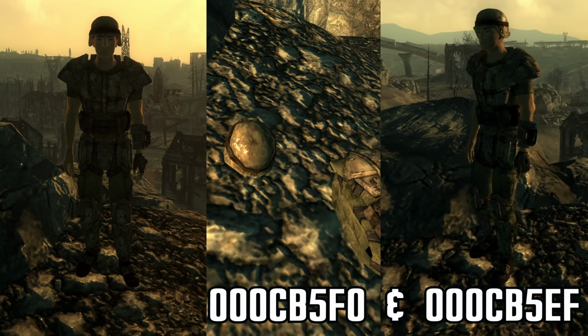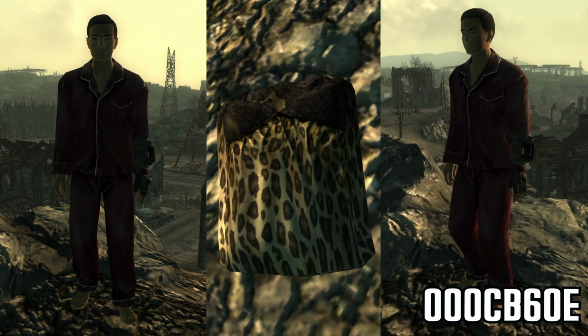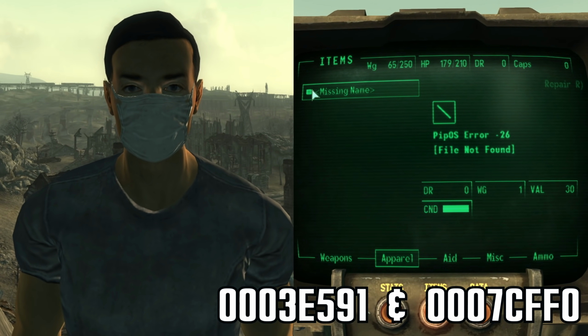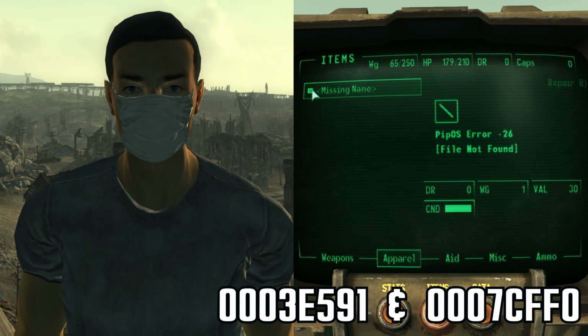Shell-Shocked Combat Armor is essentially a clone of the combat armor with a different name. Sleepwear is a unique version of the sexy sleepwear with a higher monetary value. Surgical Mask is an item that has ties to the Wasteland Survival Guide quest. It's likely that the item was to be involved in a cut step or was intended to be used in